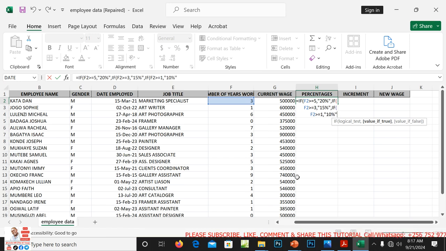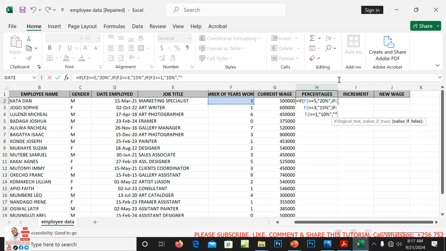close quotes, comma. Now for those who have worked for less than 1 year, they don't receive an increment. You get that? So we shall just open the quotes and close quotes.